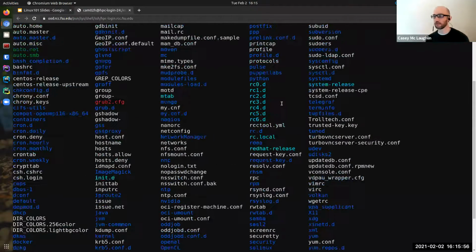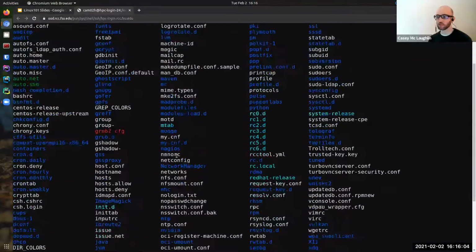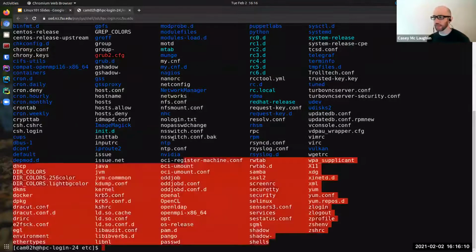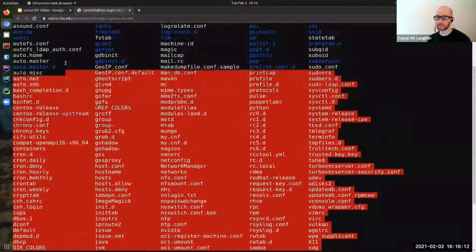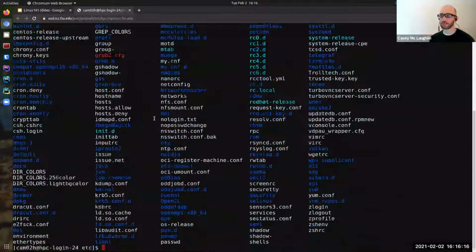Wow, there's a lot of files in here. etc is kind of like the control panel for Linux, the equivalent of the control panel, or system preferences on Mac, but it's the Linux version of that. I probably won't have time to get into administration of Linux systems in this presentation, and it's kind of outside of the scope, but I'll point you towards some resources if you do.